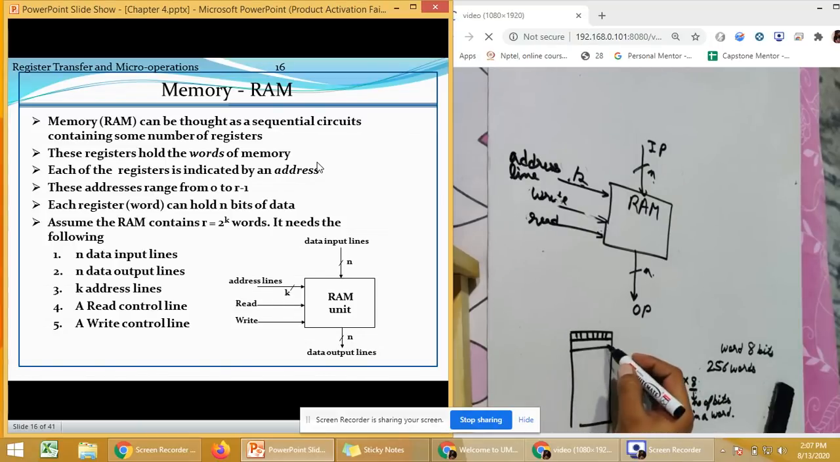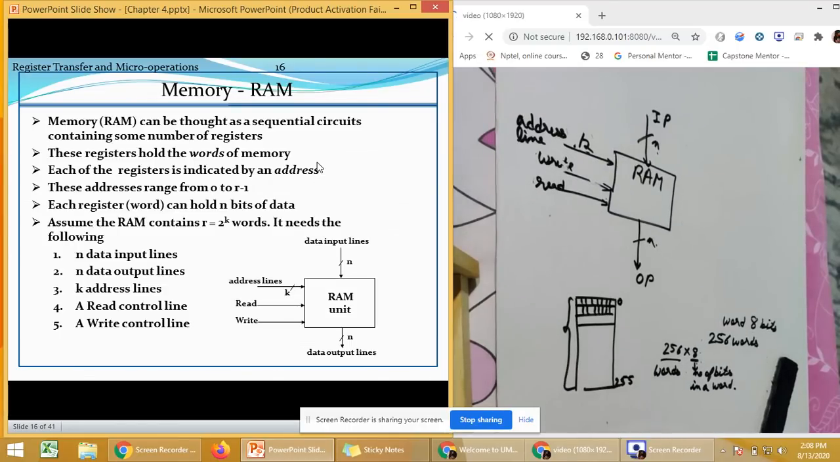Okay, so then all the bits and words are there. If there are 256 words, they are going to start from 0 and end at 255. Now tell me, 2 raised to what power is 256? It will be 2 raised to the power 8, right? So 2 raised to the power 8 is